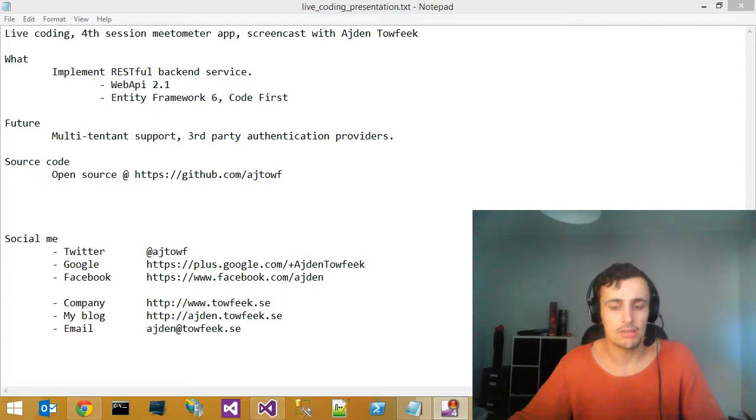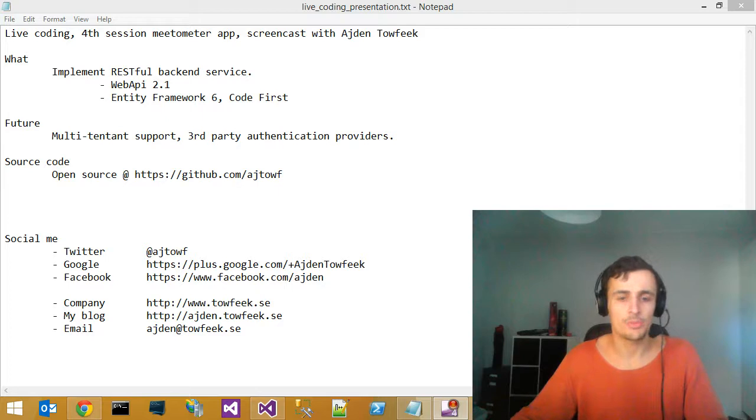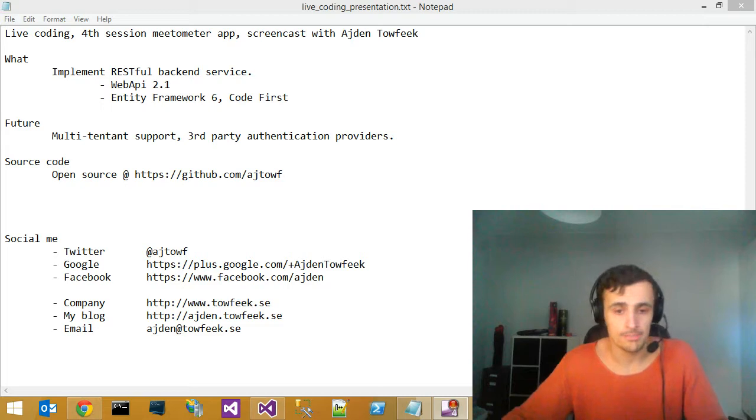So I've got a couple of requests that people want to see me implement backend, and I've got half an hour, 40 minutes or so to kill. I've been super busy, so that's why it's taken me so long to do the fourth session. But